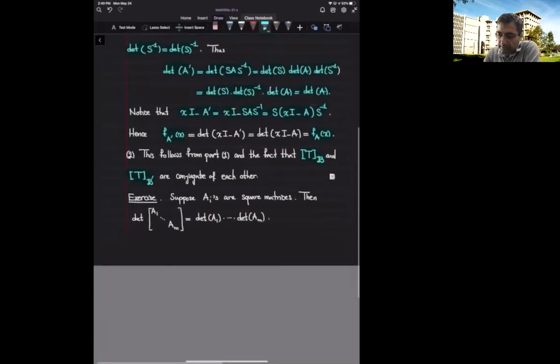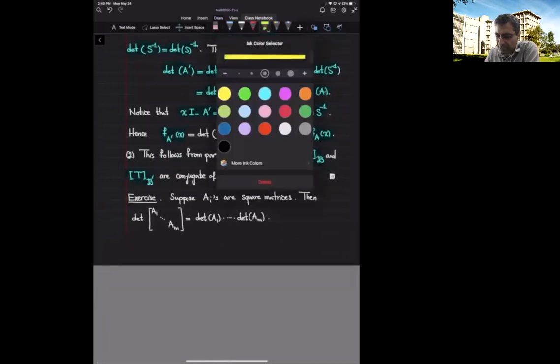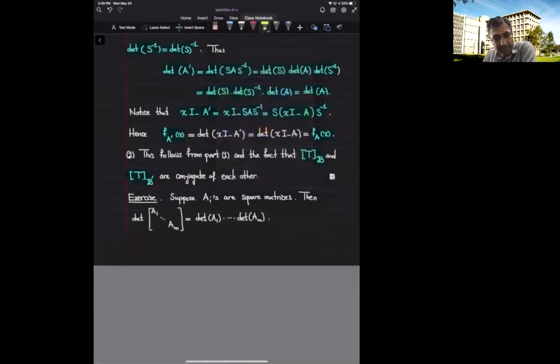Now, it is also useful to look at this intuitive equality, and I leave it as an exercise. You will prove it in your homework assignment. The determinant of a matrix that is of block form A1, A2, ..., Am is the product of the determinants of the blocks. So if you think about it